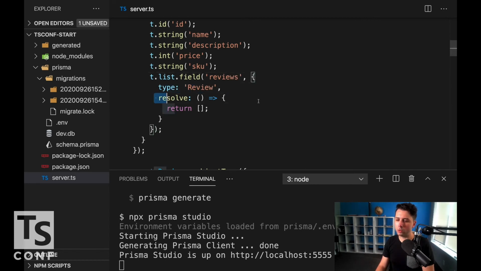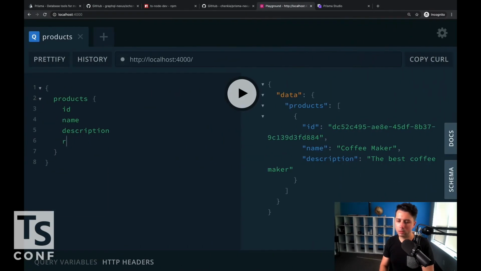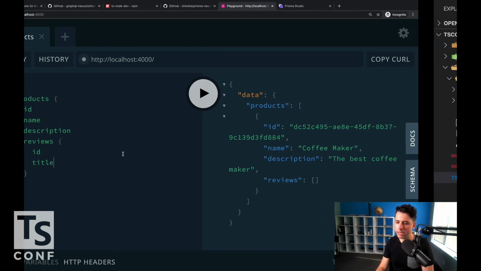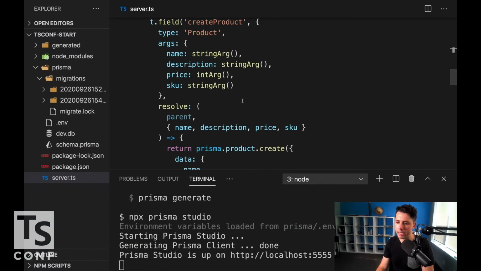It's going to have a type of review. Right now it's returning nothing. We can run that actually. Let's take a look. Reviews. And so right now it returns an empty object. But if I did this and I had,